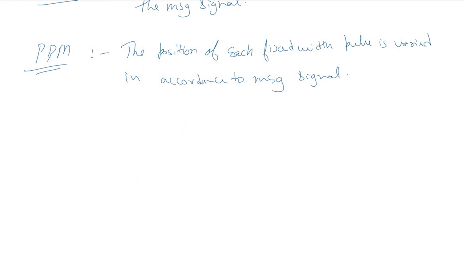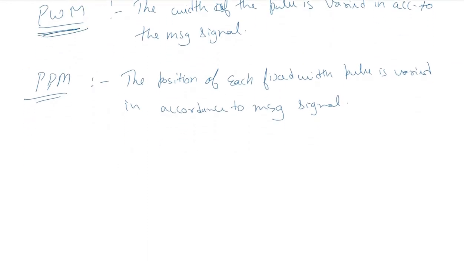So clearly in pulse width modulation there is randomness in the width of the pulse in accordance with the message signal, and in pulse position modulation there is randomness in the position of the pulse. So clearly these two schemes are not suitable for time division multiplexing. Only PAM signaling can be used for time division multiplexing. As a consequence, the contribution of PWM and PPM to communication is quite limited.